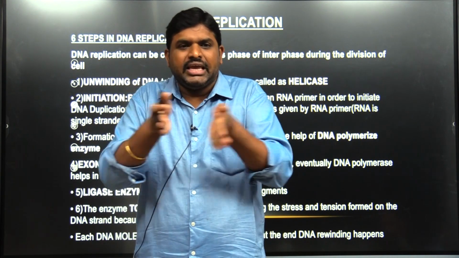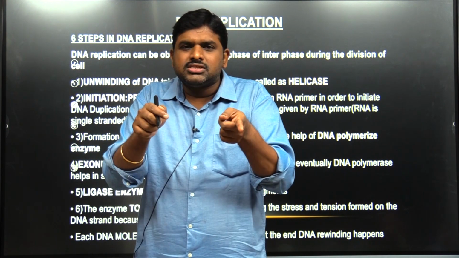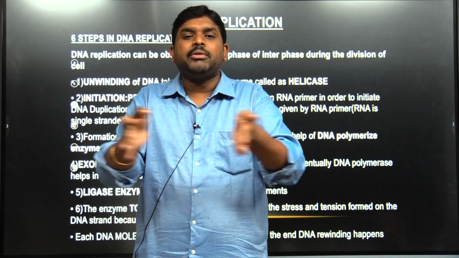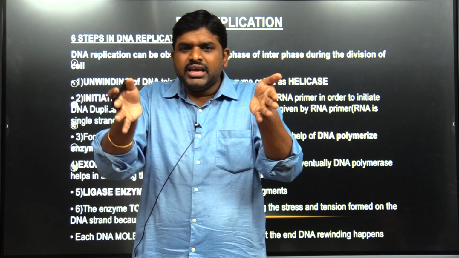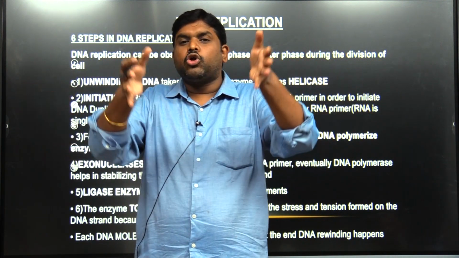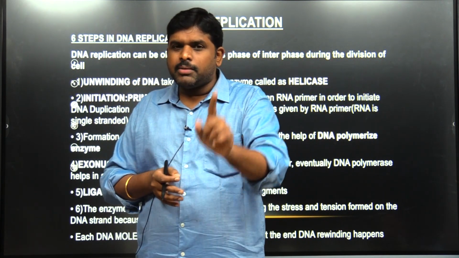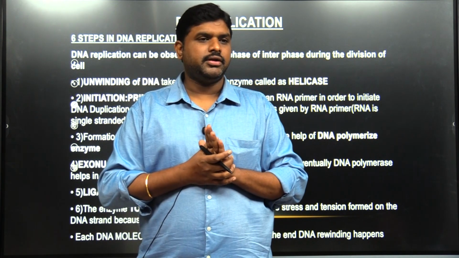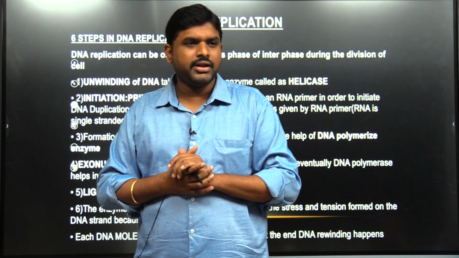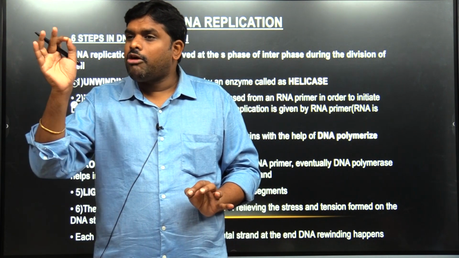Doubled means replication, copy. It is copying: 1 is there, then 2; 2 is there, then 4; 4 is there, then 8. Doubling is happening, replication is happening. When the DNAs are increasing, the chromosomes will increase, and then the nucleus will increase. So for growth and development, replication of DNA is important. Doubling of the DNA is important. So how will this doubling of the DNA happen? In DNA replication, the major role is played by enzymes.